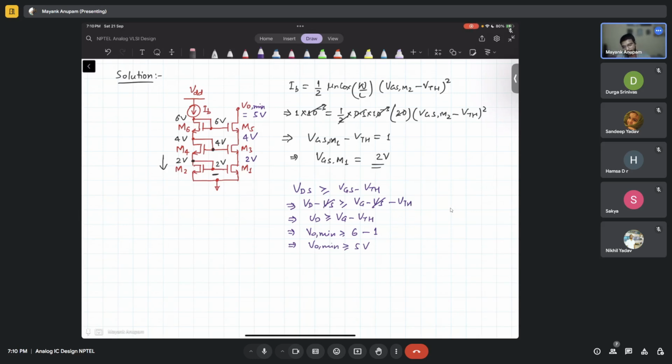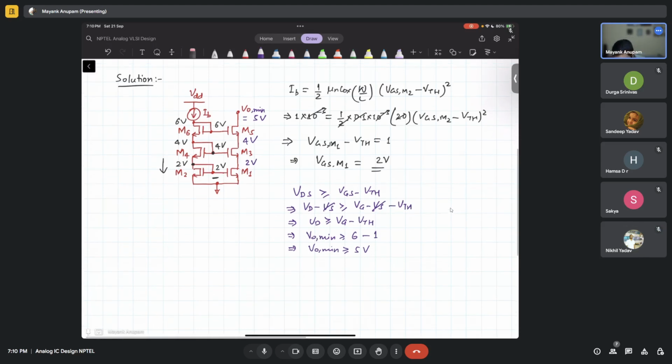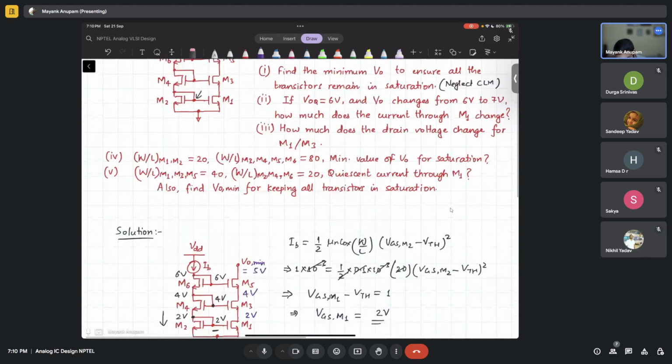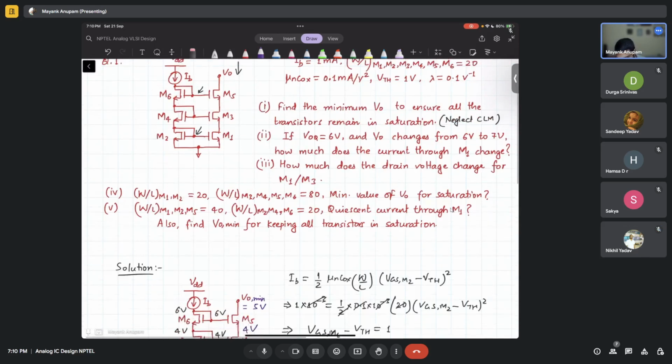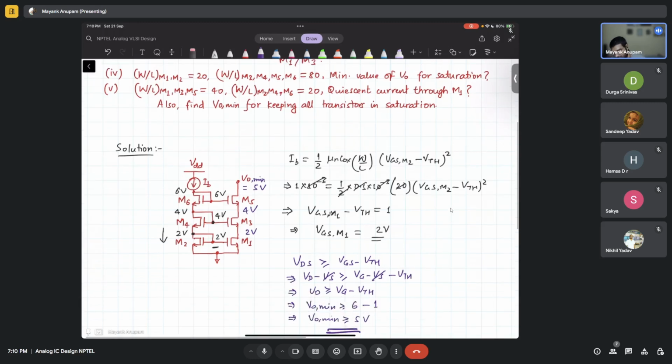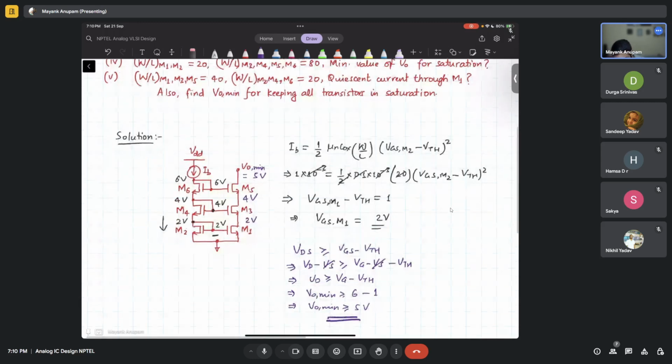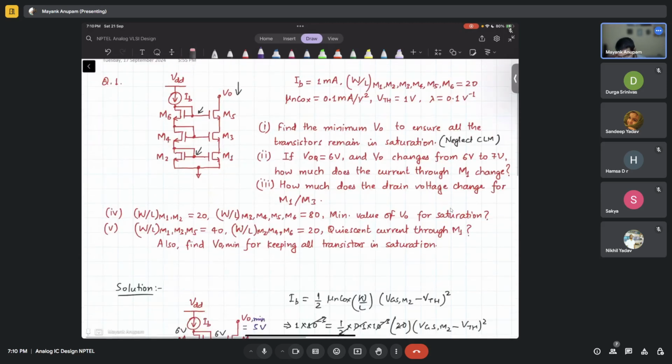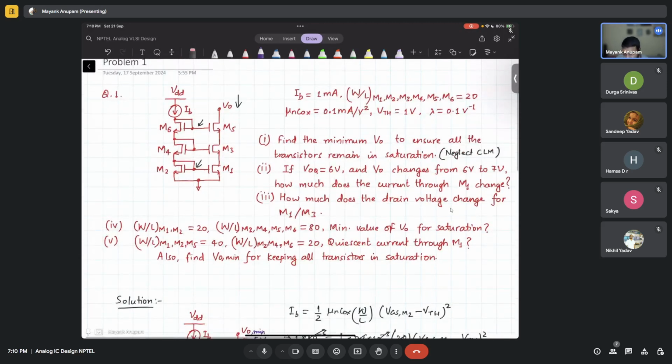Got it? Any doubts here? I don't think there should be any doubt here. Okay, fine, good. Now this is the minimum voltage that the drain of this transistor M5 can go to, right? Good. Now the second question was, if VOQ, basically this voltage here, VO is equal to 6